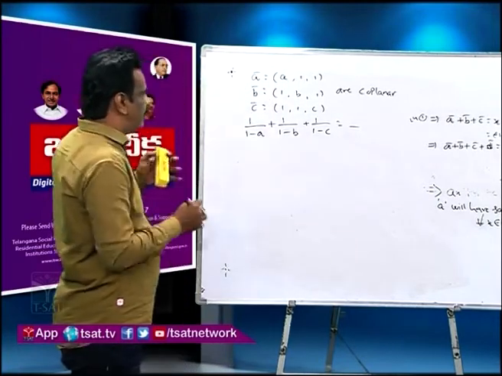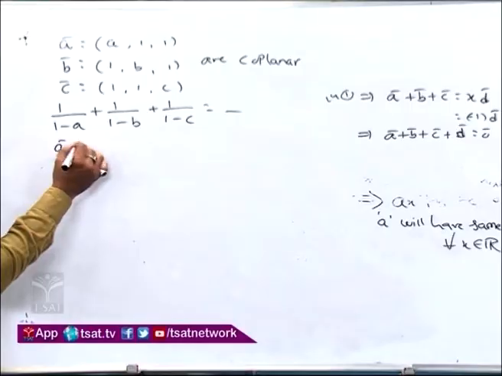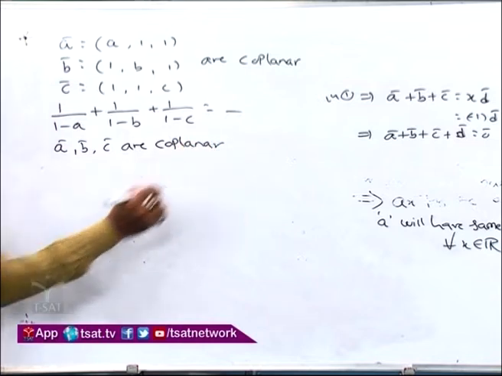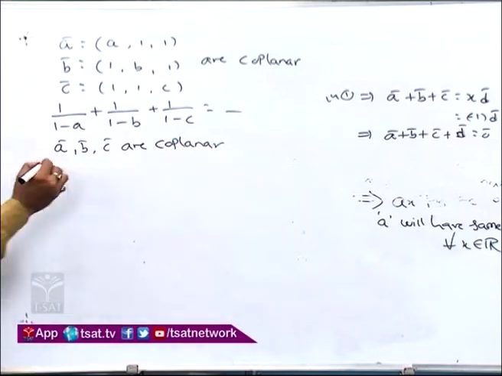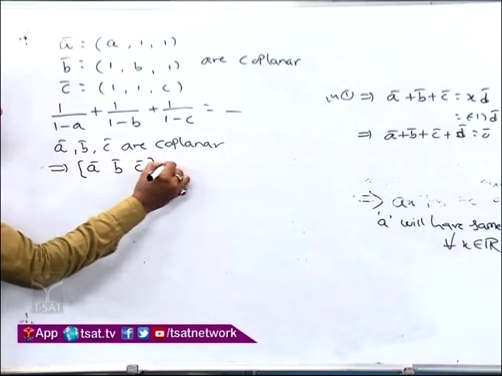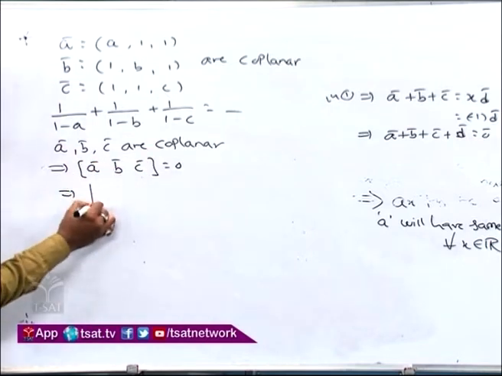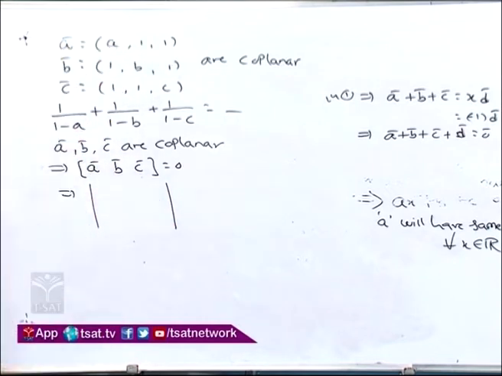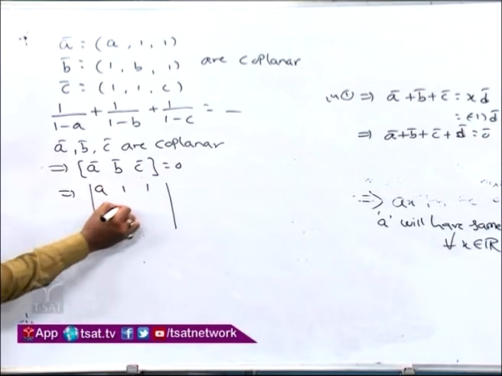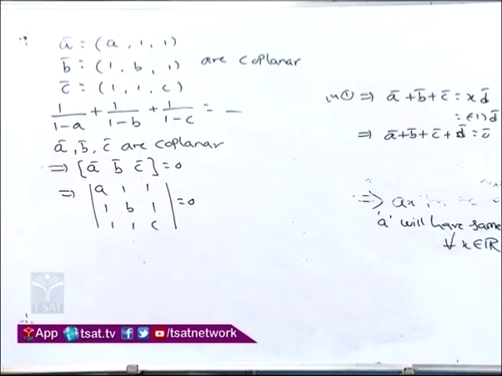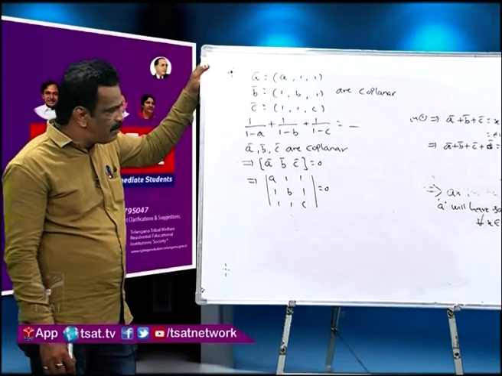So we can say here A bar, B bar, C bar are coplanar. So whenever the vectors are coplanar, we can say the scalar triple product box A bar, B bar, C bar equal to 0, and from that determinant also we can write, because whenever A bar is written A11 means the components are ijk only. A11, 1B1, 11C equal to 0. The reason to discuss this problem here is not to apply properties of determinants. Let us apply a logic here.